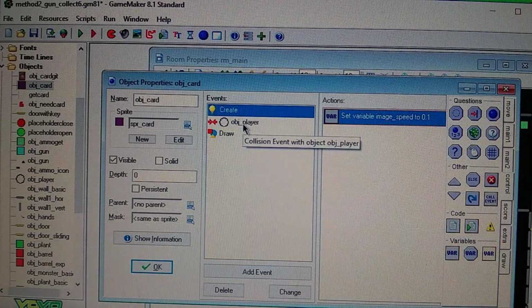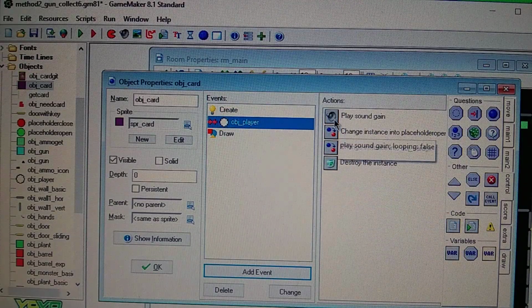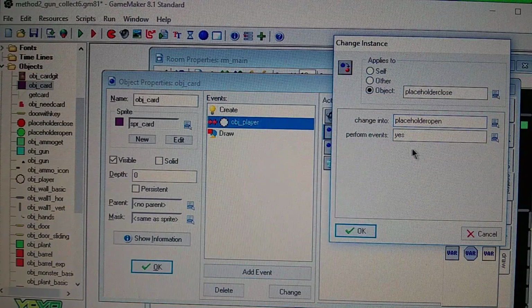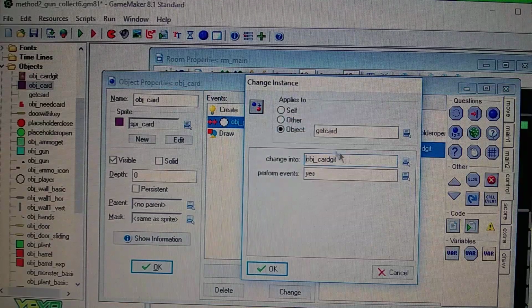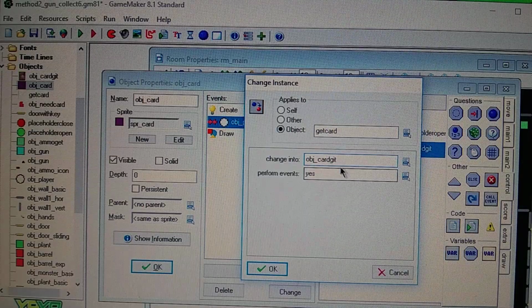Then when the player collides with it, collision with the card, it's going to play the gain sound, and it's going to switch my placeholder close to placeholder open. I'll talk about that in a minute. Then it's also going to switch my get card, which is just the image of the yellow square, to the object card get. So then it should be, I misspelled it. I put GIT, but